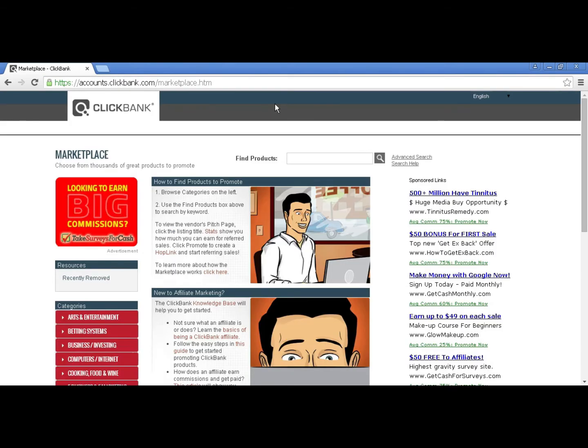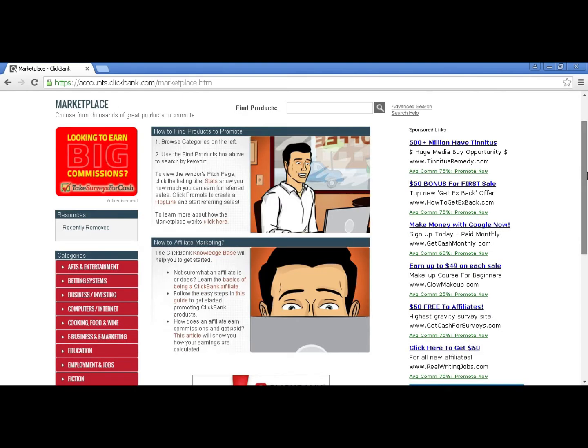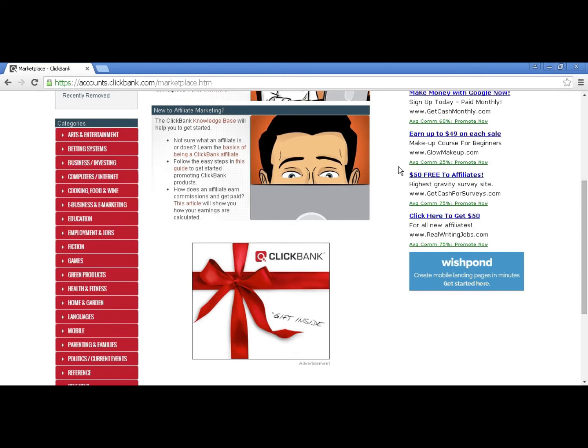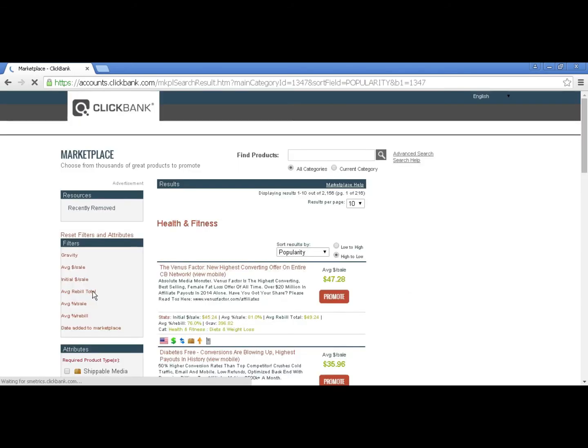Another good site to look at is ClickBank. And if you come to clickbank.com and click on the marketplace link, it'll take you to this page. And in some ways this is actually easier to find products than it is on JVZoo, because you can actually drill down by category. So let's say, for example, you're putting together a product in the weight loss niche. You can come down here to categories, click on health and fitness, which is the closest one for weight loss,